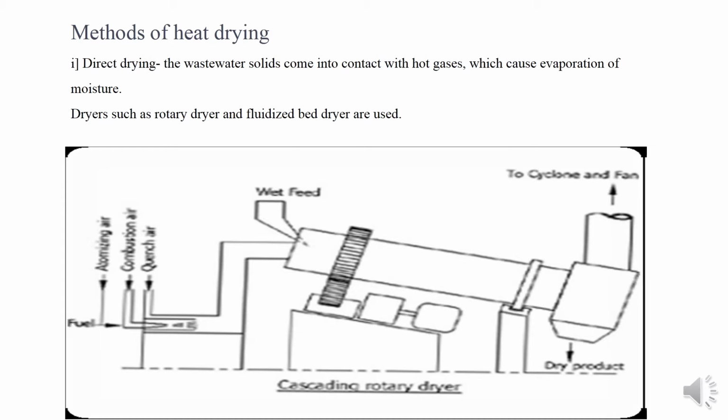So in continuation of that, in this slide we are going to discuss another method of dewatering the sludges. That is, here we are going to use a rotary dryer to remove the water from the sludges. The dewatering process can be done by two methods: one is the direct method and another is the indirect method. Now let us discuss the components of the rotary dryer in the direct method.